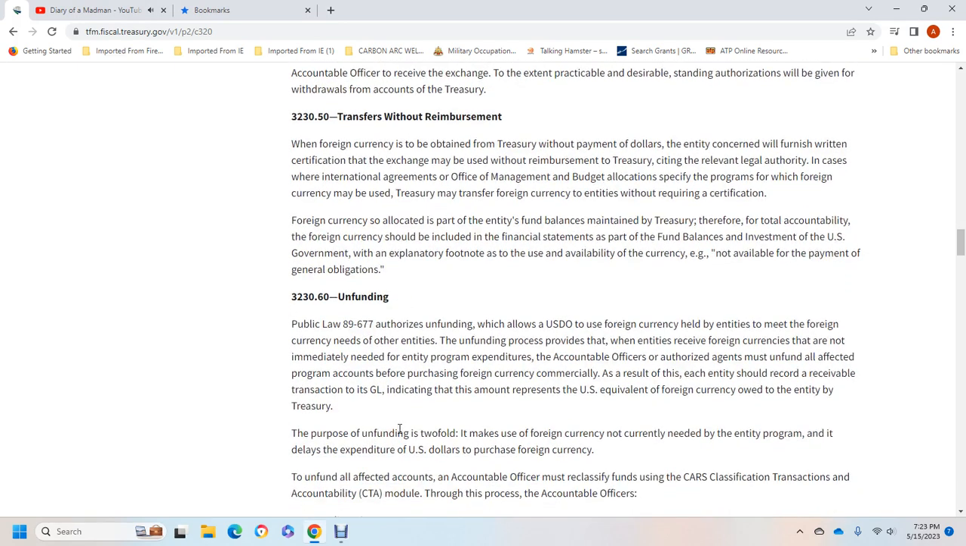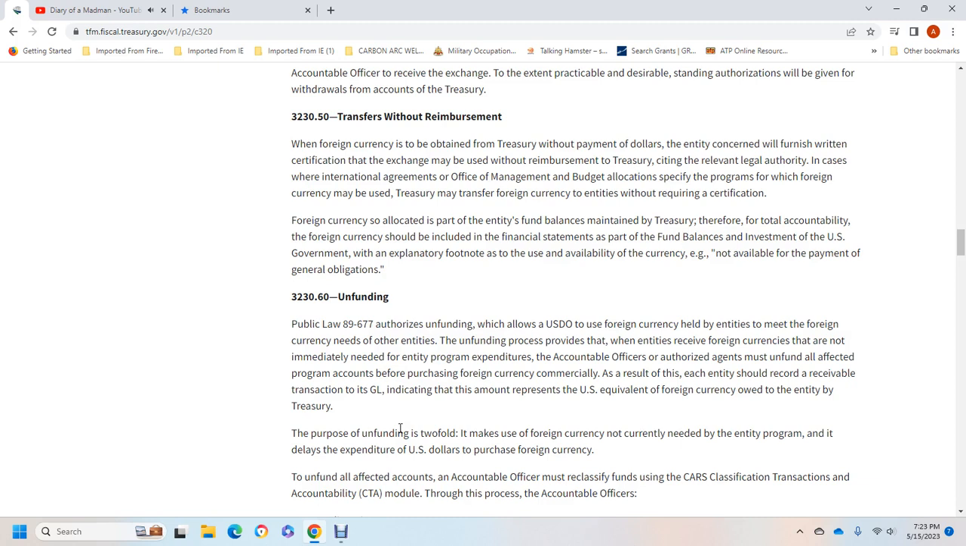323060 Unfunding. Public Law 89-67 authorizes unfunding, which allows the USDO with the foreign currency held with the foreign currency need with the other entities. The unfunding process provides that entities receive the foreign currency not with immediately need with the entire program and expense. The accounting office, the authorized agent, must allow unfund all effective of the program accounts